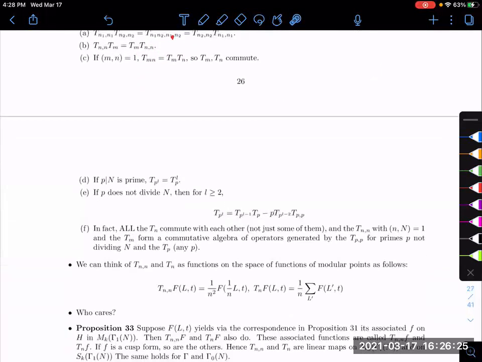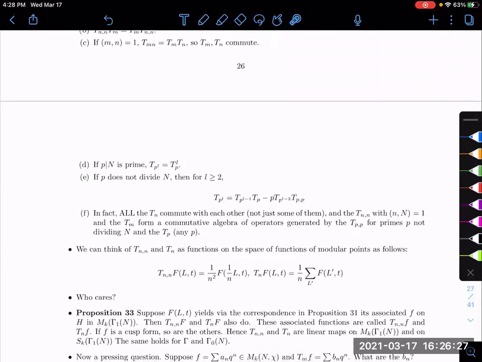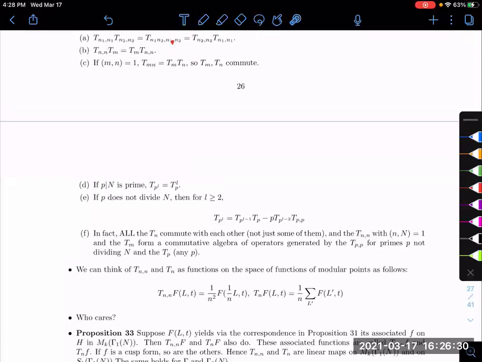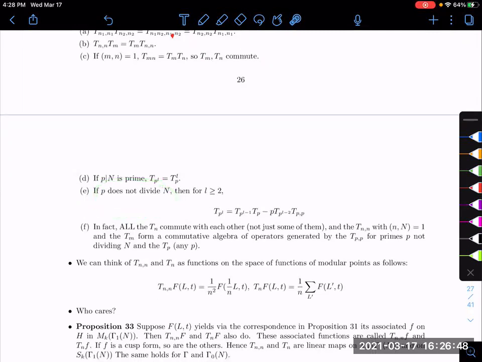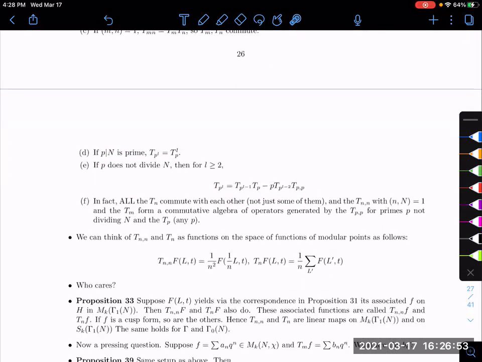And then you can look at the case when the indices are prime, for example, and you'll discover some other properties. For example, if p is a prime dividing capital N, then T sub p to the l, where l is any power, is actually just T sub p composed with itself l times. That's the next thing that you have. If p does not divide N as a prime, then you don't get quite as nice of a relationship, but it's still known and it's still pretty nice. You don't get that T sub p to the l is T sub p all to the l. You get T sub p to the l is